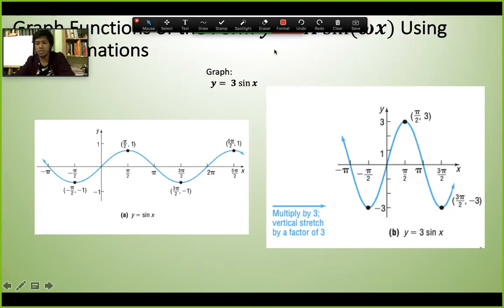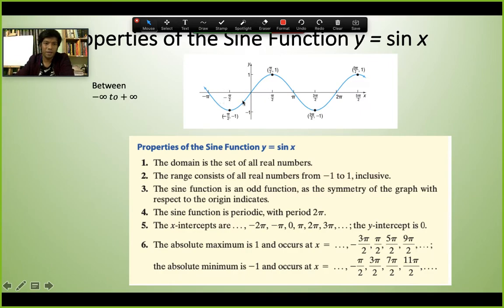And just to mention, the cosine function will also have a similar thing. If you read the book, you will see that the cosine function graph starts from here. If the sine graph starts from 0, the cosine function graph will start from 1, because cos 0 degrees equals to 1. So basically the graph will